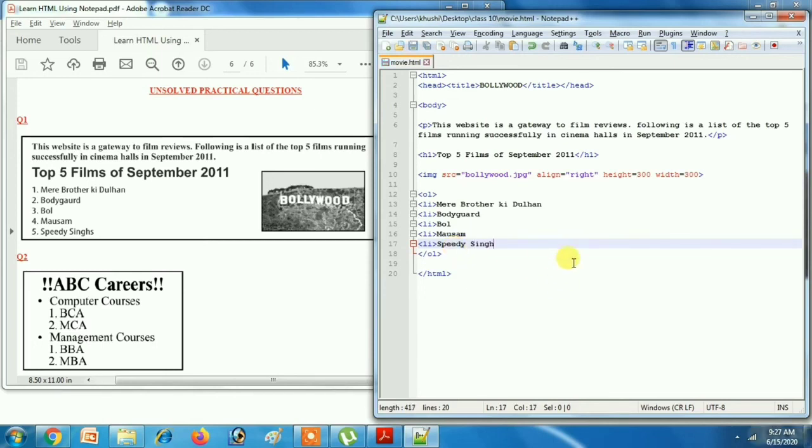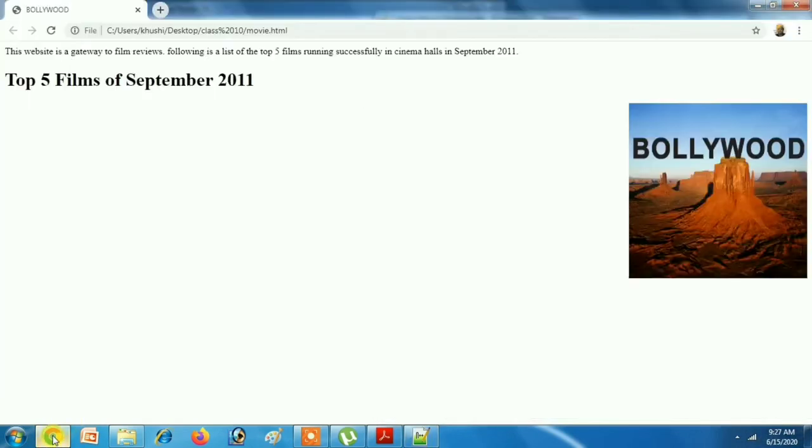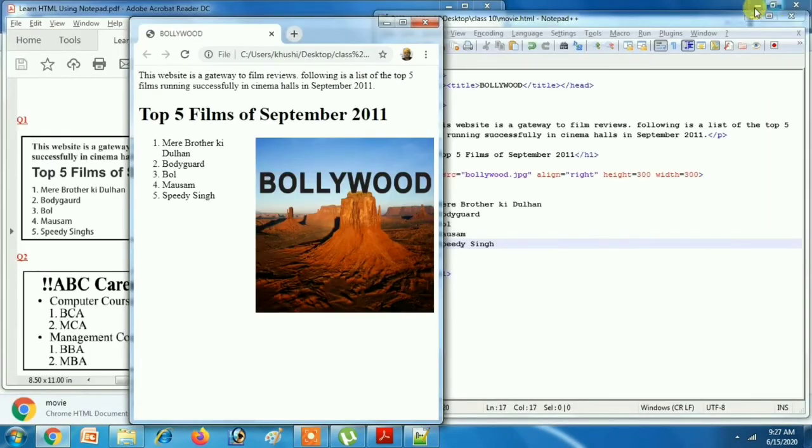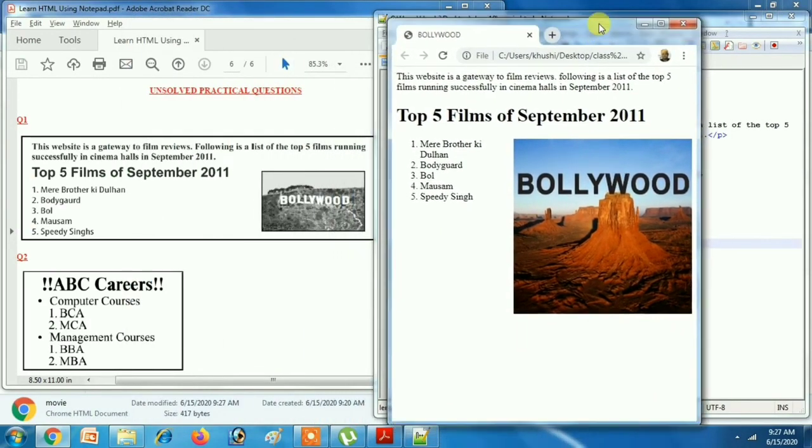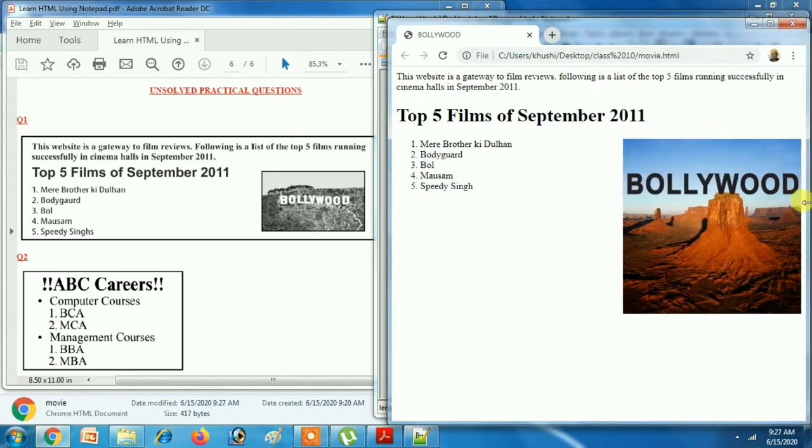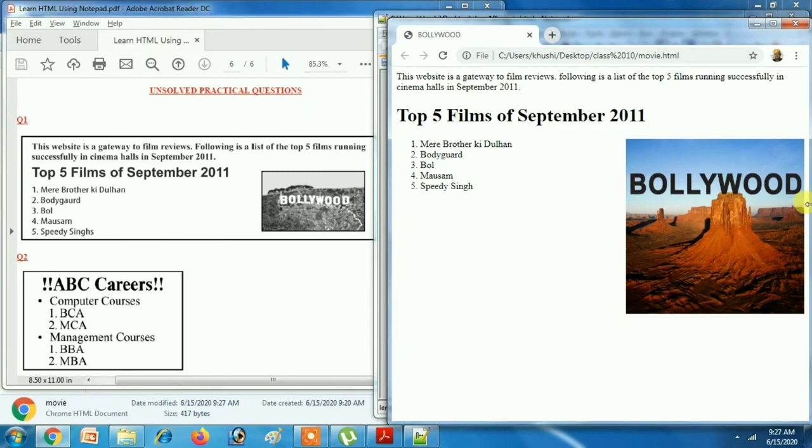Okay, save it, go to the web browser, it is Chrome, refresh. Now you can see it is done. You can minimize and you can see the output. It looks like this. After minimizing, you can adjust it accordingly. The paragraph depends on the size of the web browser.